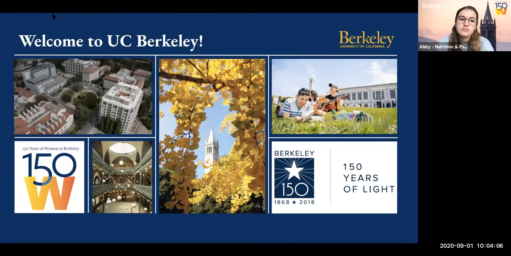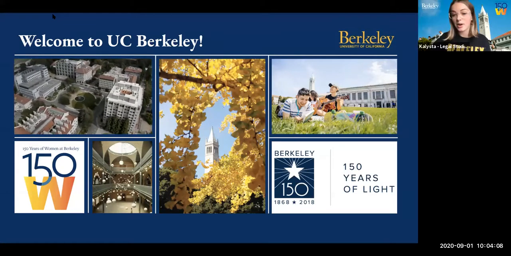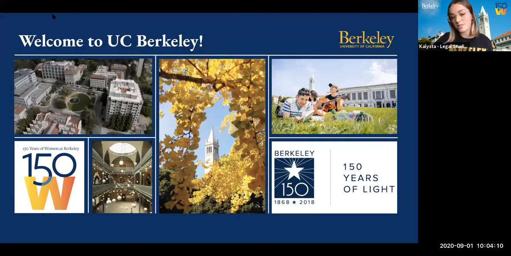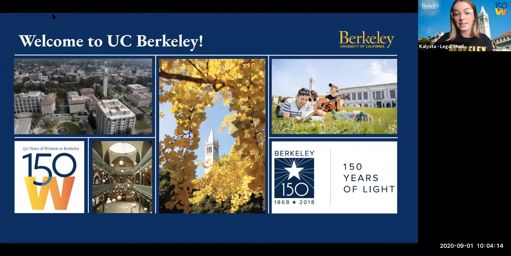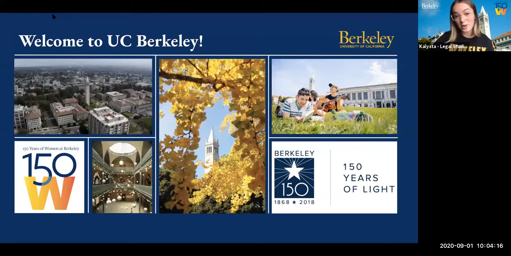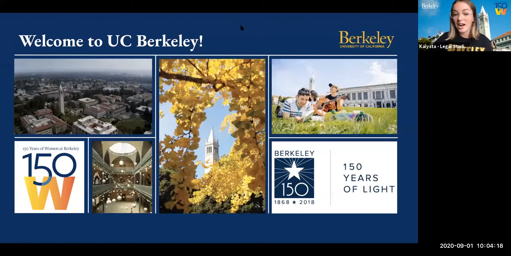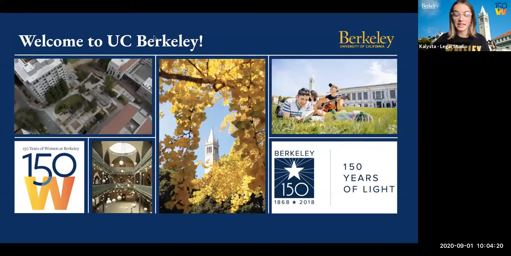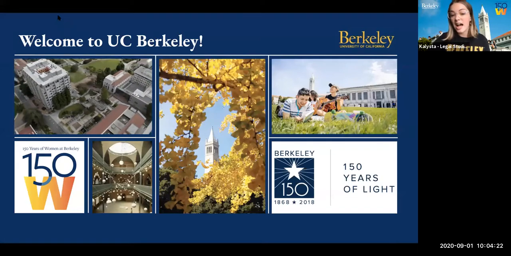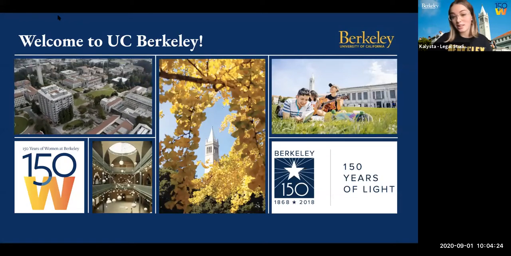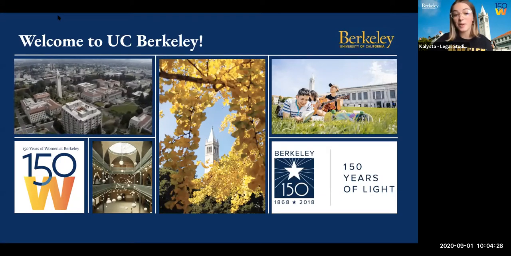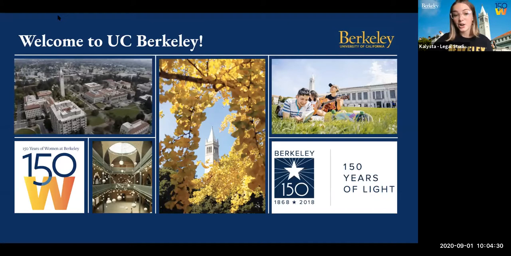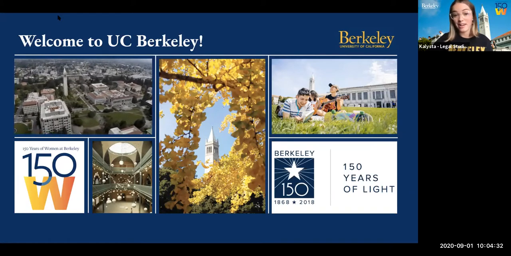Something else really great is that in 2018, we celebrated 150 years of light, which was 150 years since the founding of UC Berkeley, and only 2 years later, in this year, 2020, we are celebrating 150 years of women at Berkeley. So only 2 years after the creation of the school, women were allowed to study here, which is really amazing because that was even before women had the right to vote, which is crazy and something we're super proud of.